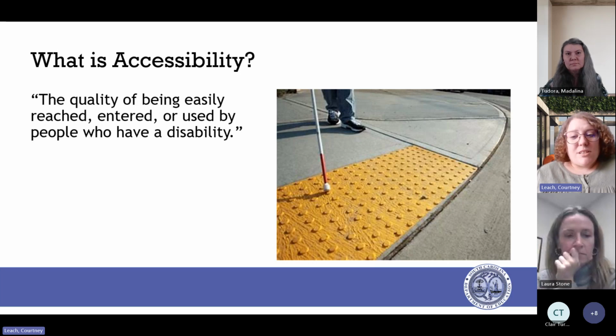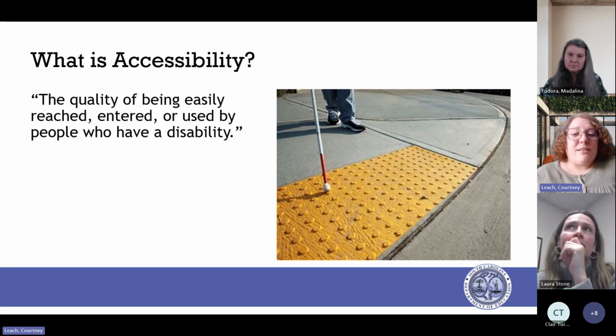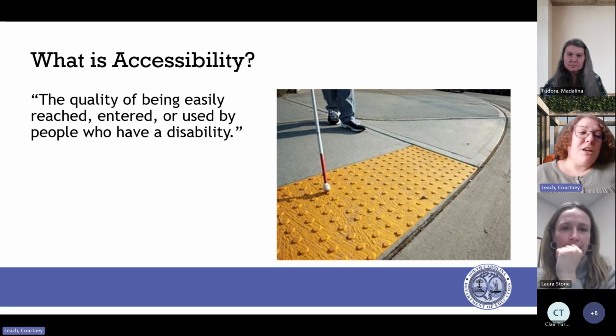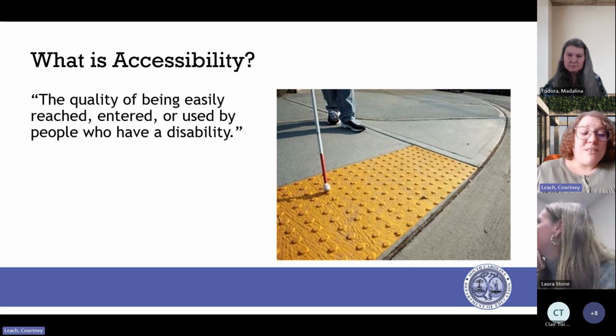So curb cuts, for example. Somebody who uses a wheelchair for mobility will have a really difficult time, or maybe an impossible time, getting on the sidewalk if there's no curb cut for them to access it. Same thing applies to digital accessibility. This way of designing our digital materials is how we make it easy for people with disabilities, and really all of us, to access those digital materials.